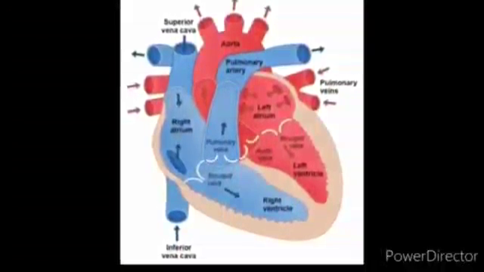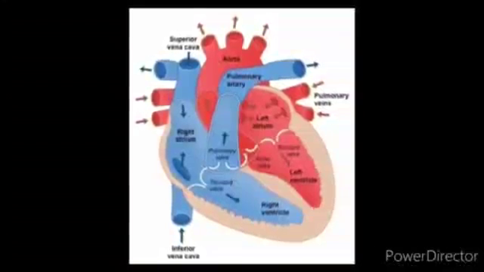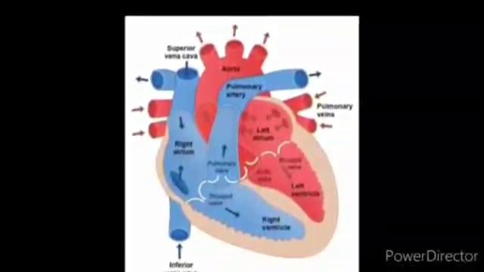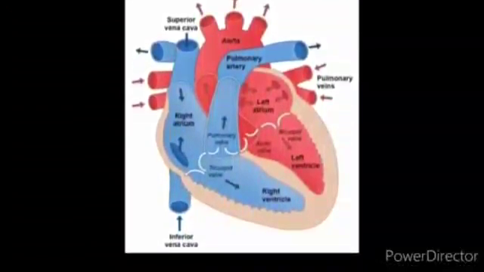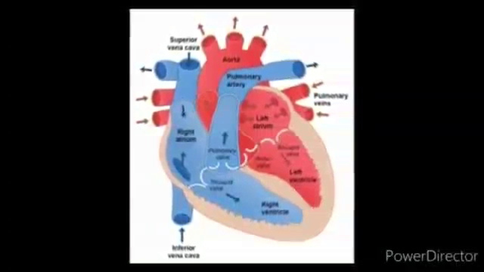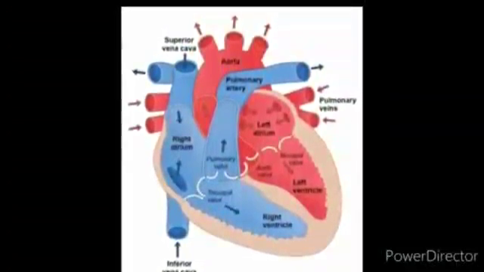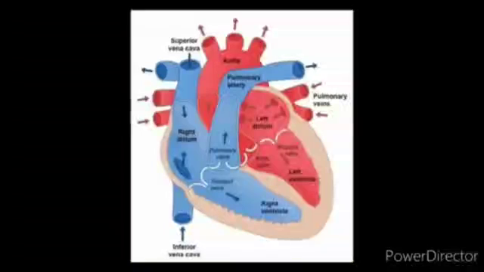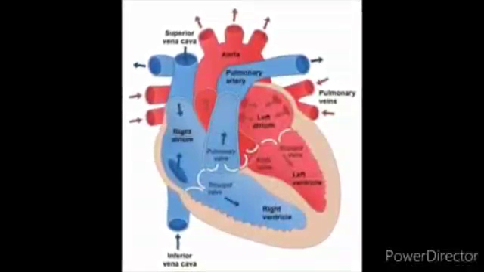Now I am going to talk about how the blood is transferred in the human heart. Firstly, through veins, the blood enters into the superior vena cava, which you will see is of bluish color. That is, it does not consist of oxygen. Blood is without oxygen. It is deoxygenated blood. Firstly, the deoxygenated blood enters into the right atrium.